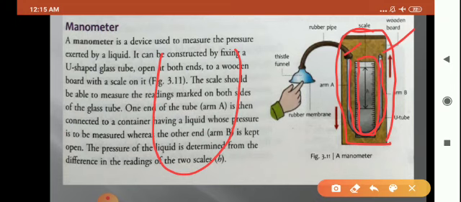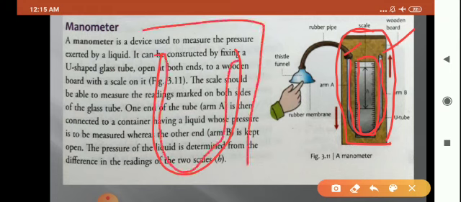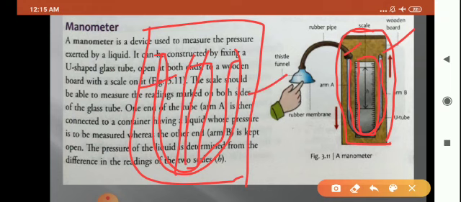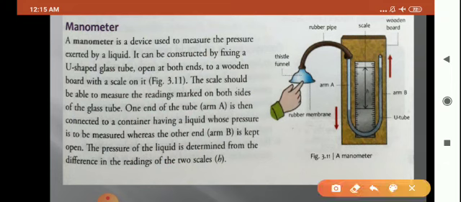Why is this a manometer? It is a kind of manometer which is U-shaped, and this U-shaped glass tube is attached on a wooden board, and at the center there is a scale which is used to read the reading of both sides of this glass tube. Now children, this U-shaped glass tube is open at both the ends, so the first end is connected with a rubber pipe, and at the end of the rubber pipe there is a thistle funnel attached, and the second end remains open.